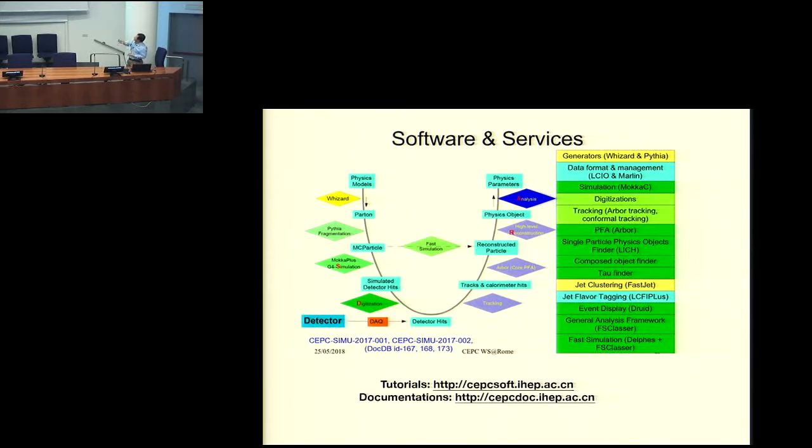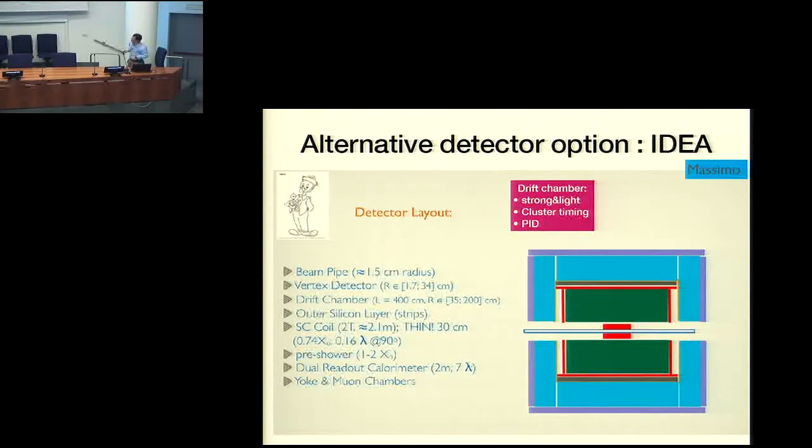This is the analysis software chain, and these are the key elements of our software, something like generators and the data formats and the simulation software, digitization, and all the reconstruction up to the high-level reconstruction software, and also a general analysis framework. Even for fast simulation, we provide some tools for the theorists to do a fast look at the